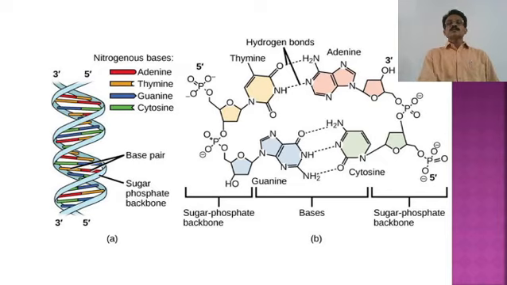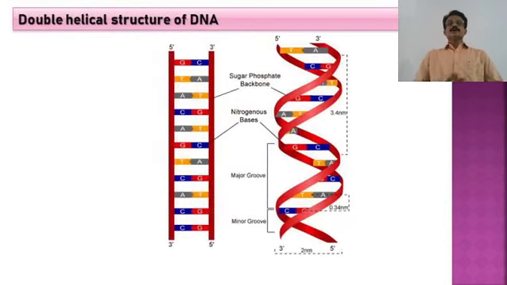So likewise, two strands with sugar phosphate backbone having polarity. Suppose this is the 5' end, then this is the 3' end. Now if this side is the 3' end, it will be the 5' end. Such a structure has been found. This is the 2-dimensional structure. Here you can see the two strands with polarity, and the nitrogenous bases on the inner side attached with one another with base specificity. And this is the coiled structure, the double helical structure.